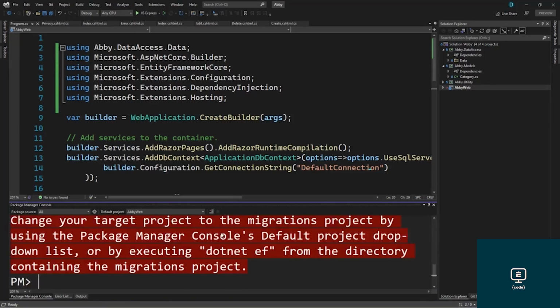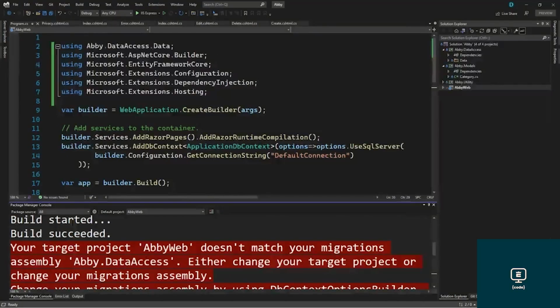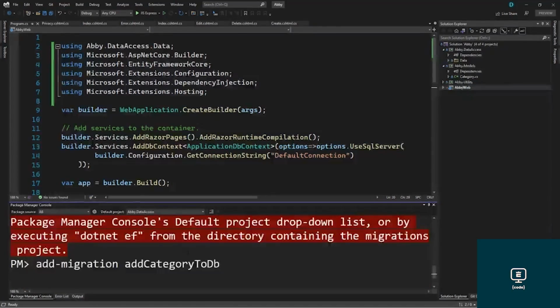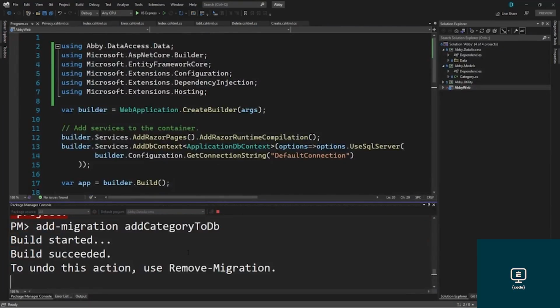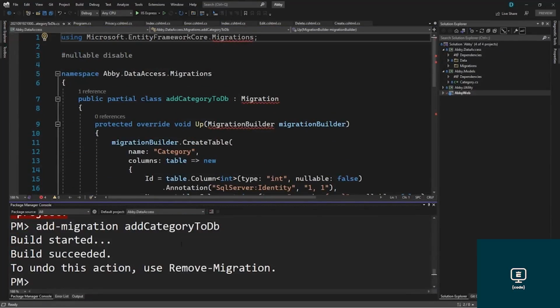You will see an error right here. In the error message, it displays your target project AbbyWeb does not match your migration assembly DataAccess. That is because our migrations will be inside the data access. In order to fix that, we will keep the startup project as abby.web, but the default project inside the package manager console will be the one where we have our DB context, which is the data access project. Once we change that, and if we run the command one more time, this time the migration gets added successfully,